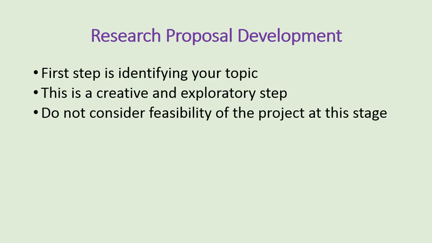Picking a topic for your research proposal paper is a very important step in the process. You can consider the program that was the focus of your paper last semester and examine the effectiveness of that intervention, or you can choose an entirely new topic. It's important that you choose a topic that you're excited about and something that you want to know more about. The first step in this process is a creative and exploratory step. The research proposal development module for this session will ask you to identify 3 possible research topics. If you are choosing the intervention that was the focus of your program evaluation paper last semester, then consider 3 topics related to that program or intervention.